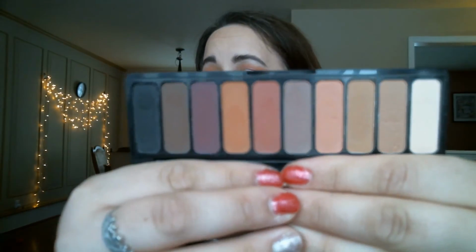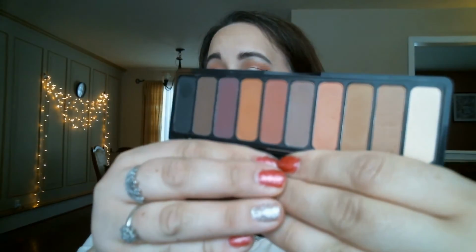I gotta learn how to put my swatches in a better area for you guys. But you can see how pigmented they are, but they blend like a dream. They look fantastic on the eyes. They really give a nice depth to the crease if that's where you put them. But there's also some lighter shades too. So if you want to create a totally matte eyeshadow look, this is the palette to go to,